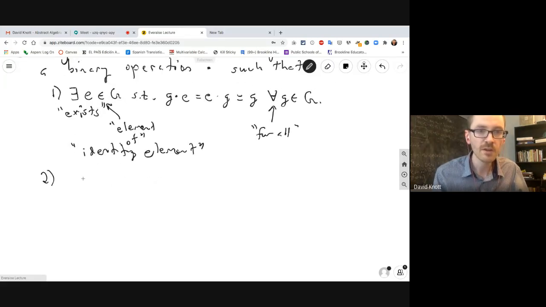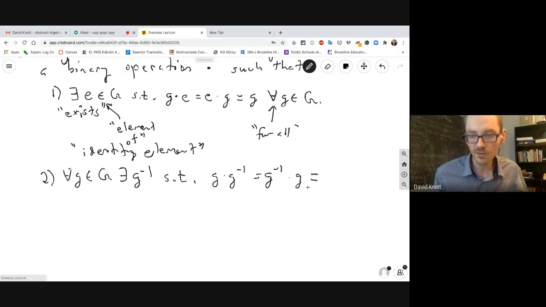What's the next property? The second property is basically the existence of inverses. Every element has to have an inverse. So for every g in G, so for every element in this group, there exists another element denoted g with a little -1 exponent, such that g dot g inverse is equal to g inverse dot g is equal to, now, if we want these two